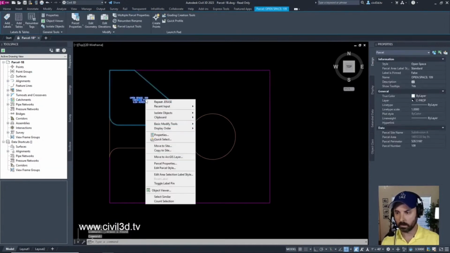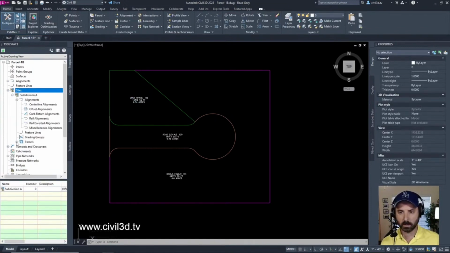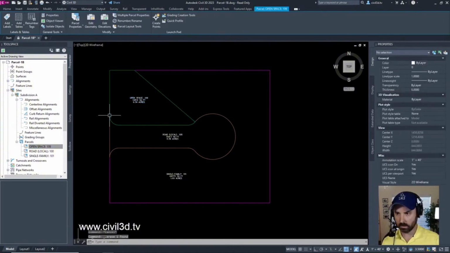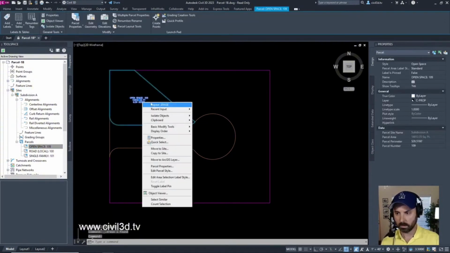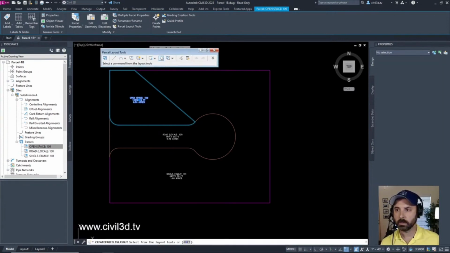Oops. Let's go into sites. That's where our parcels are located. Select this, right click, parcel layout tools.